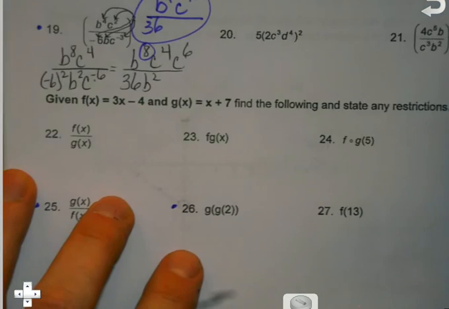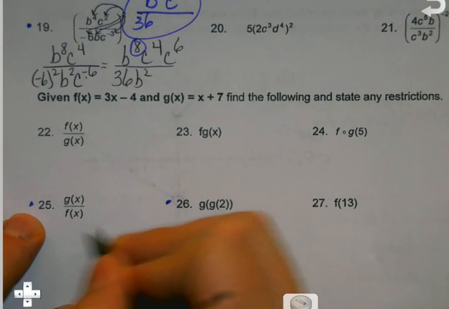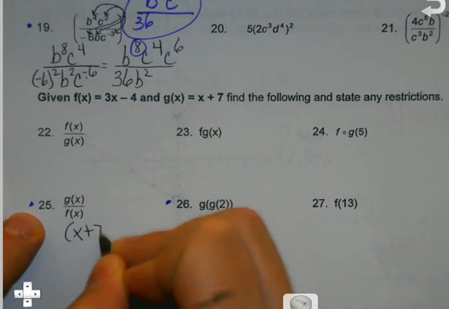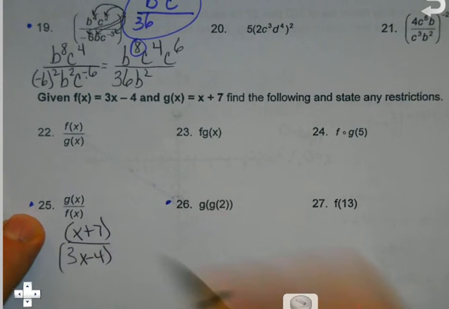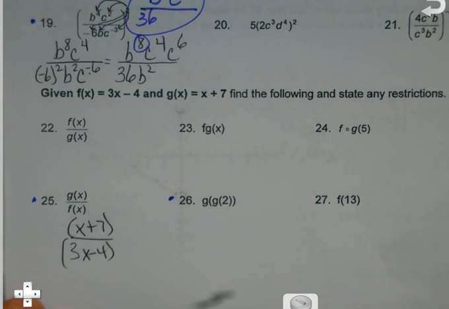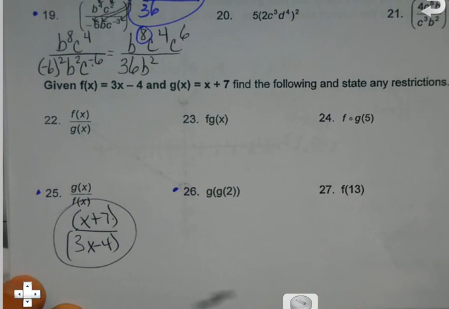Small movement here. Okay, more power functions. G of x divided by f of x. This can be the easiest and hardest problem all at the same time. No, you may not cancel the x's. Quantity, quantity. Unless they're identical, you don't do them. So as far as that goes, you're done. But